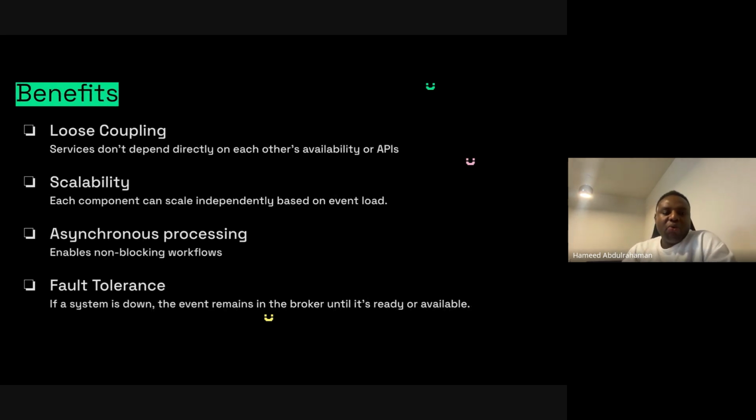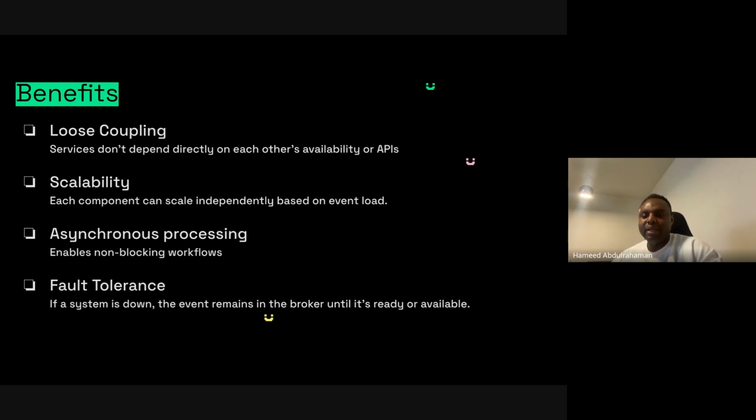So let's go further into the benefits of an event-driven system. One of the benefits is loose coupling. Services being loosely coupled means you can have different service points and they are not affecting each other. They are independent of each other. This gives very high availability, and it means you can scale these services. You can add more instances of these services, and they are not affecting each other in any way, which is very good.